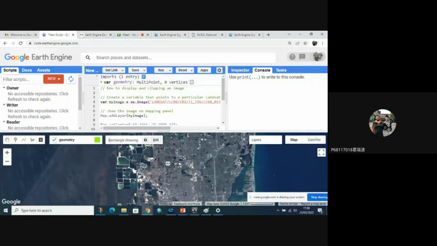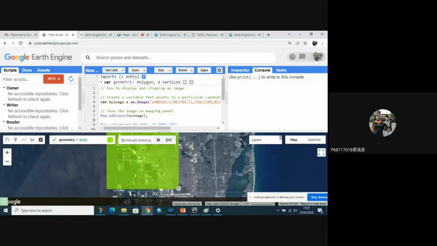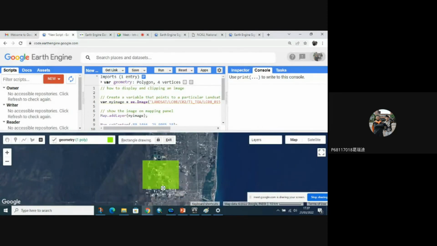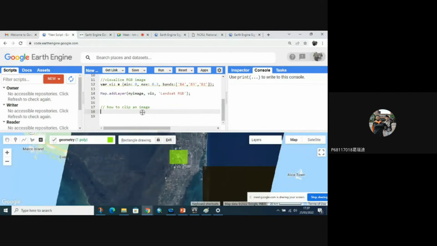Yeah, make a polygon first, maybe for this one. And then clip the image. Give any name you want for my clip: my image dot clip, using the clip function to clip the image with the area of your polygon here.